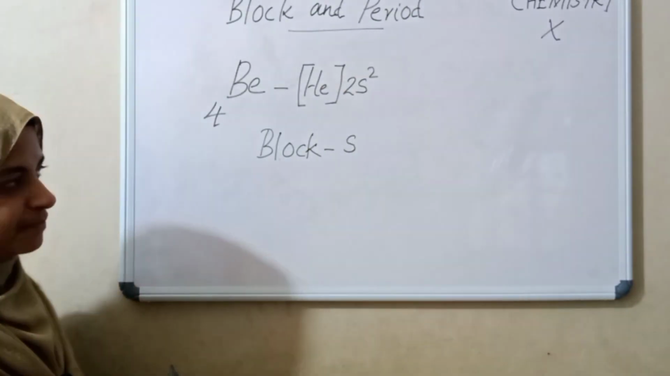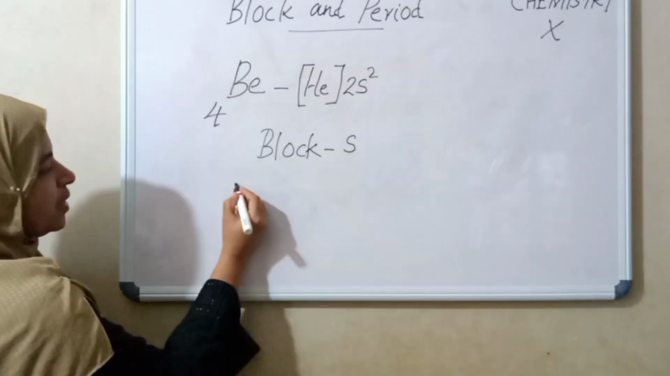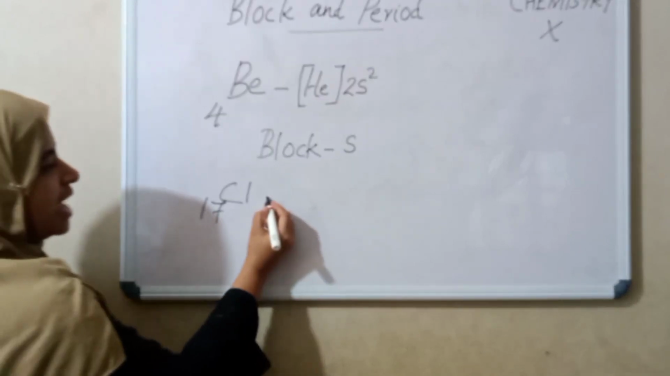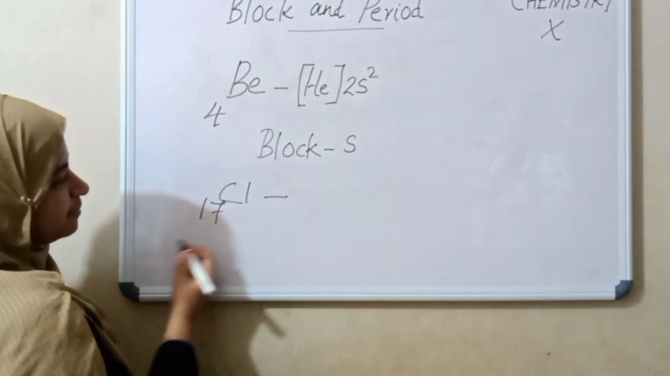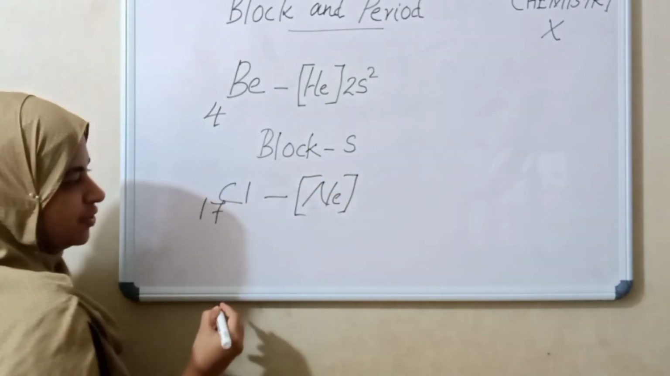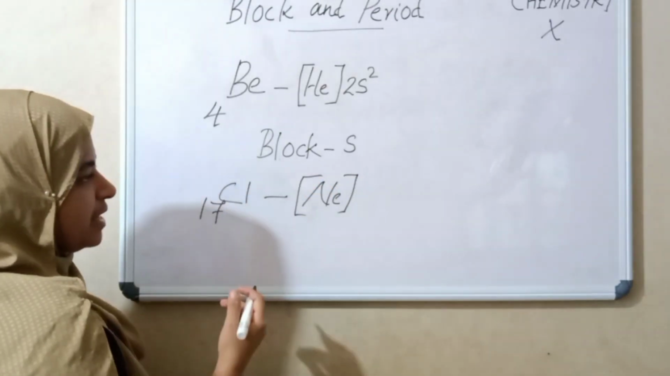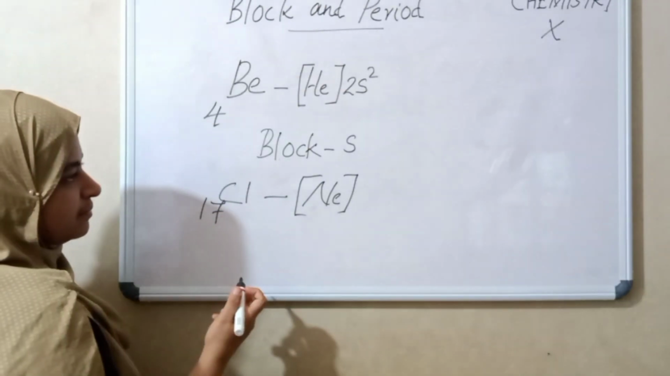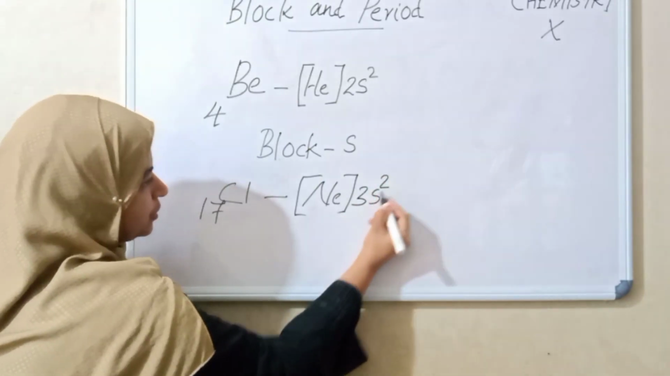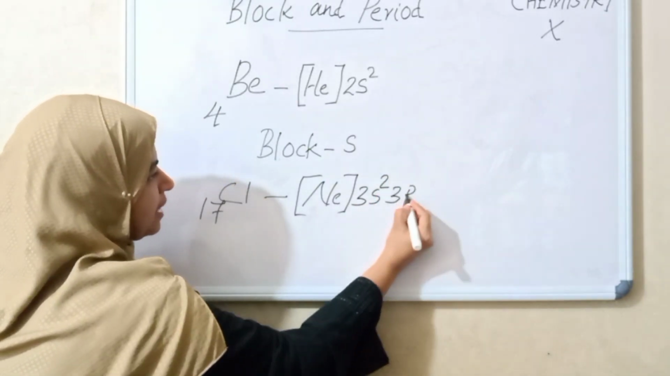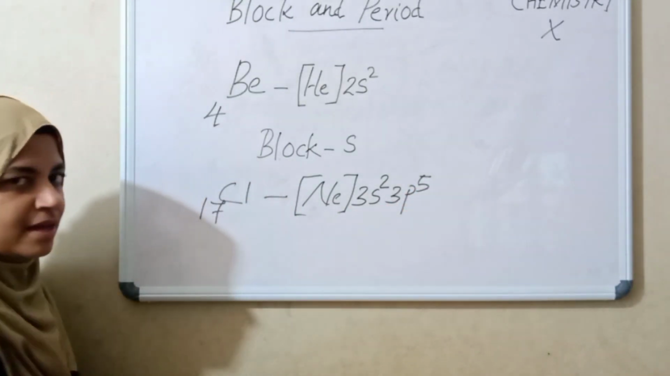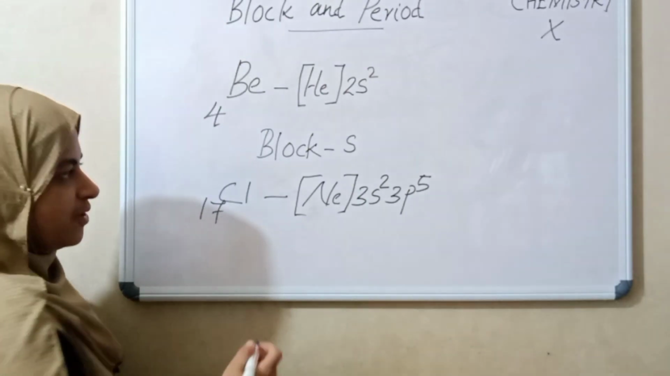Then another example, chlorine, atomic number 17. This can be written in short form as neon. We know neon has atomic number 10. Then the remaining is 7 electrons. Then 3s2, 3p5. Here the last electron is filled in the P subshell. Therefore, the block is